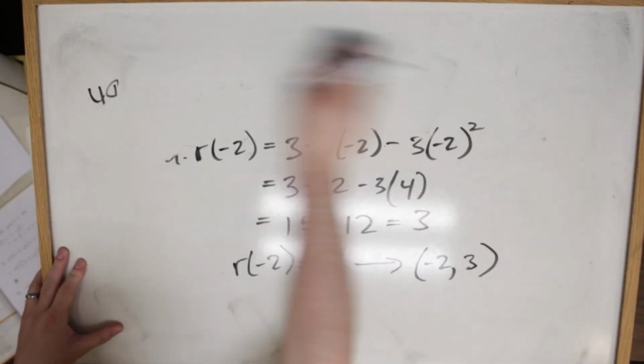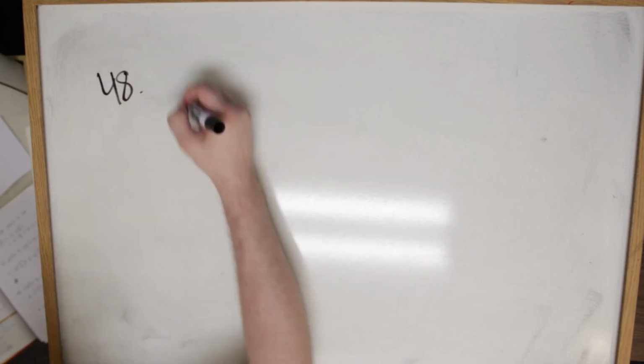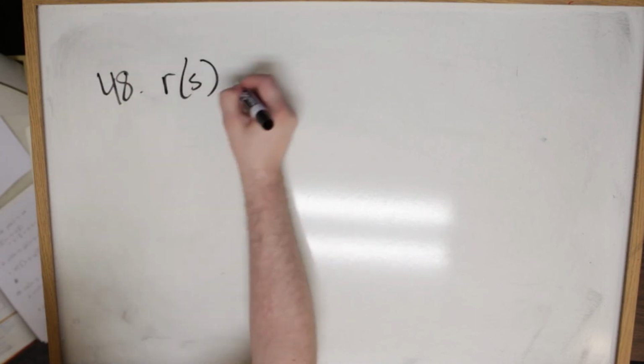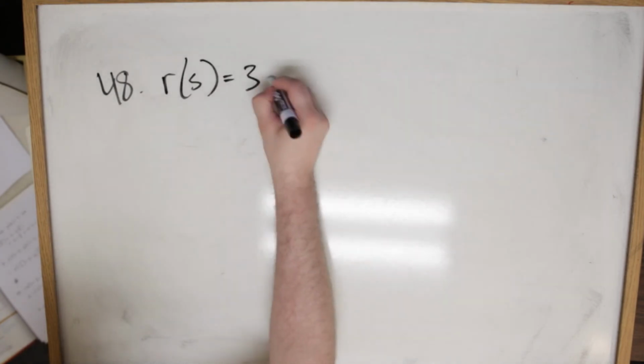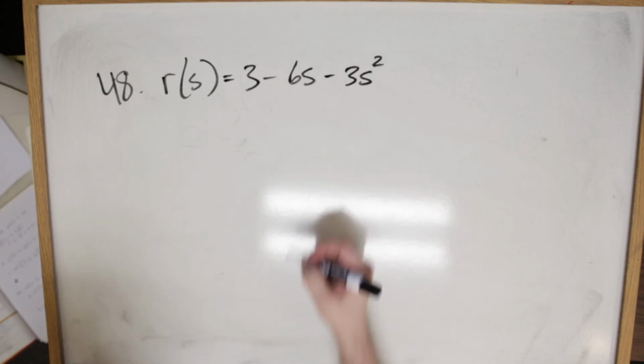All right, 48. That was 48 right there. Oh, you know what? Shoot. I got to rewrite that out because there were 2 other parts of that problem that I want to go through. 3 minus 6s minus 3s squared. Okay, so